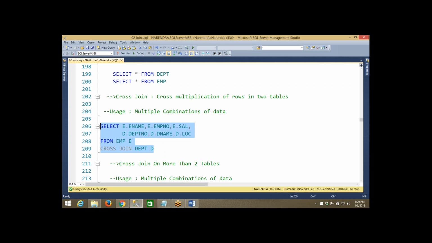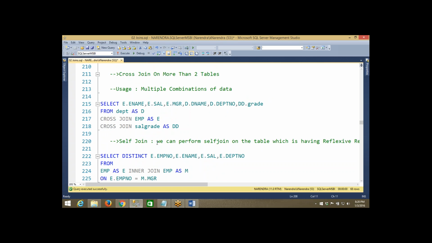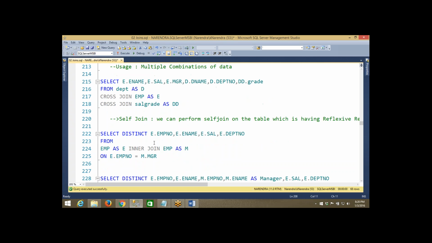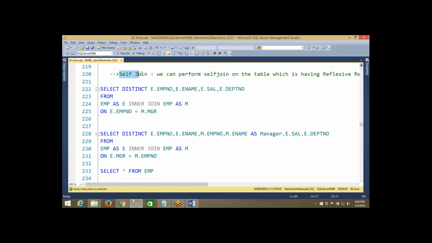That many permutations and combinations will be created. Okay, I don't think it will be useful, but just for the concept. Self join,